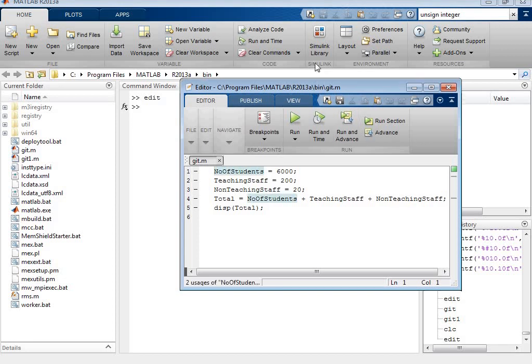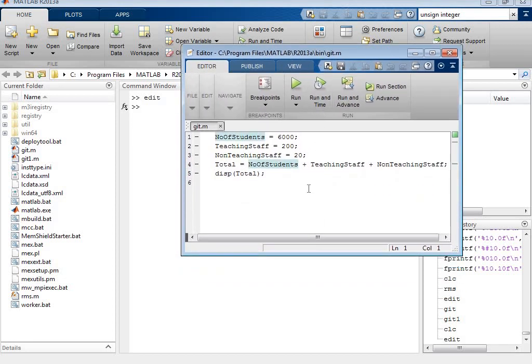This is a program which I typed in the MATLAB editor in a script file, where you can see a simple program in which the college has 6,000 students, 200 teaching staff and 20 non-teaching staff.